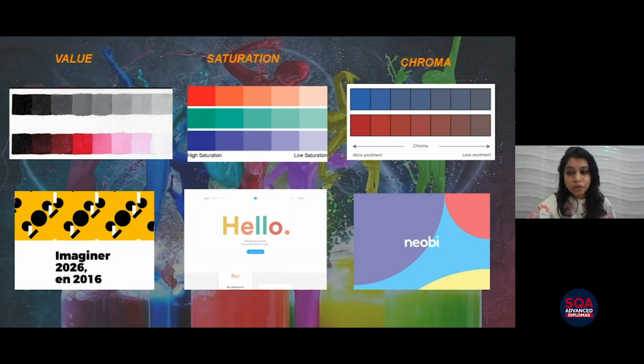Chroma is the purity of the color that you see. Any color or hue which has no black, white, or gray added to it, that is chroma. Now, when we see chroma, we need to understand that we would rather not choose exactly the same colors, because otherwise it will be very difficult to get the kind of effect that we need for our designs. If you look at the examples, you can understand it much better.